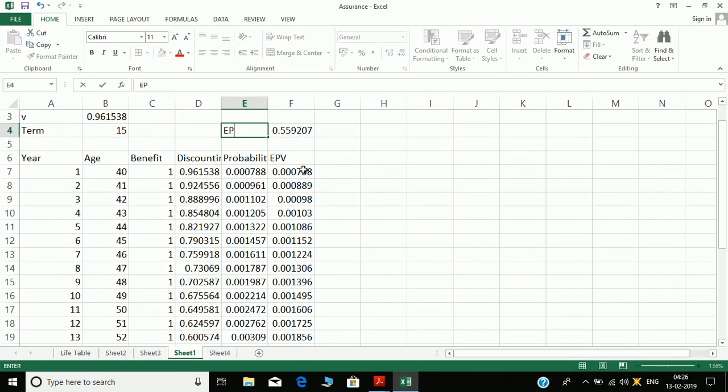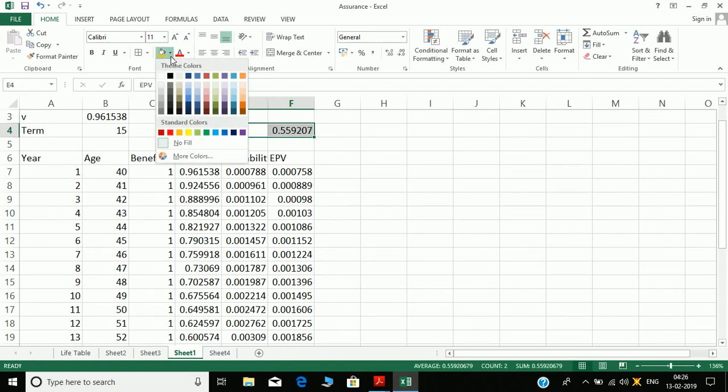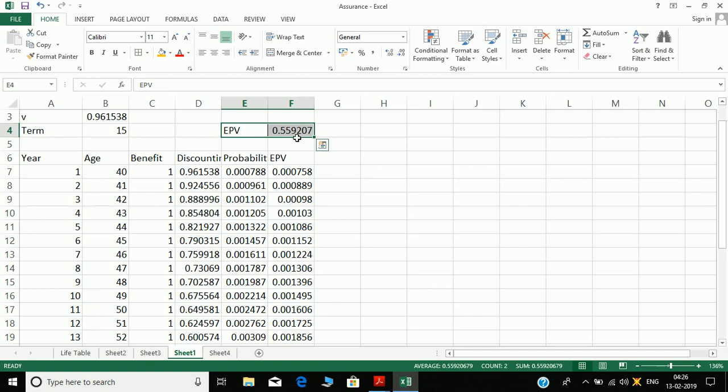Okay, this is our EPV. This is my EPV of an endowment assurance payable at the end of year of death with select mortality. Okay, this is how we evaluate assurances and annuities, assurances in Excel. Next class you will see the evaluation of annuities also.